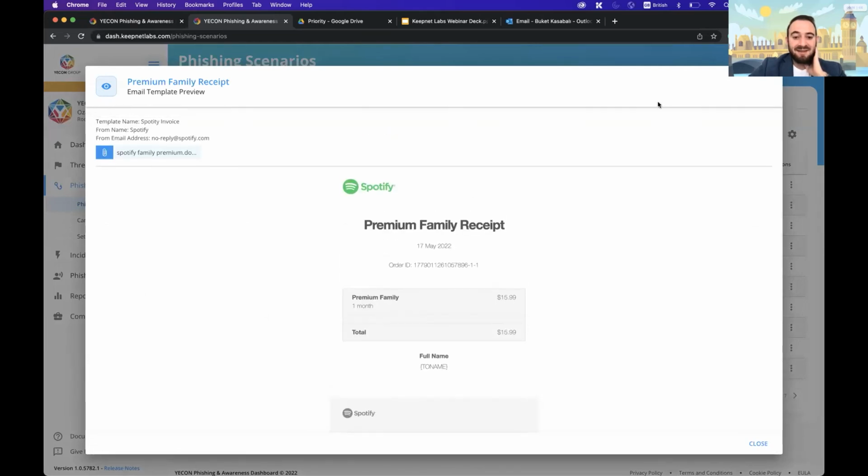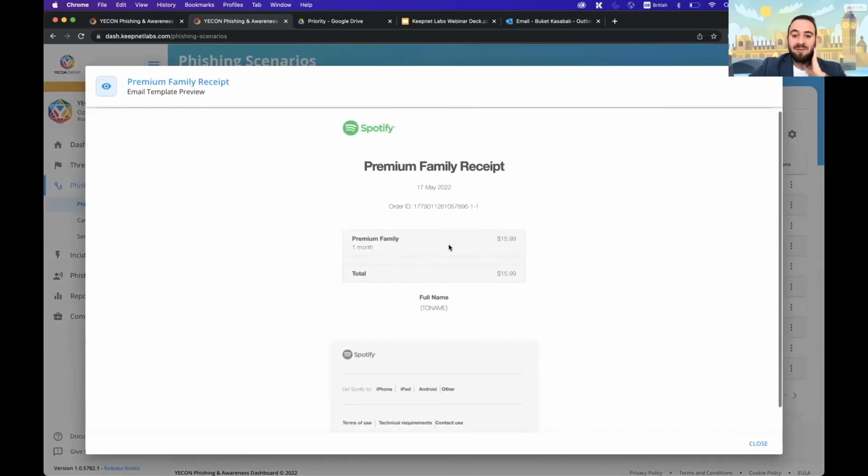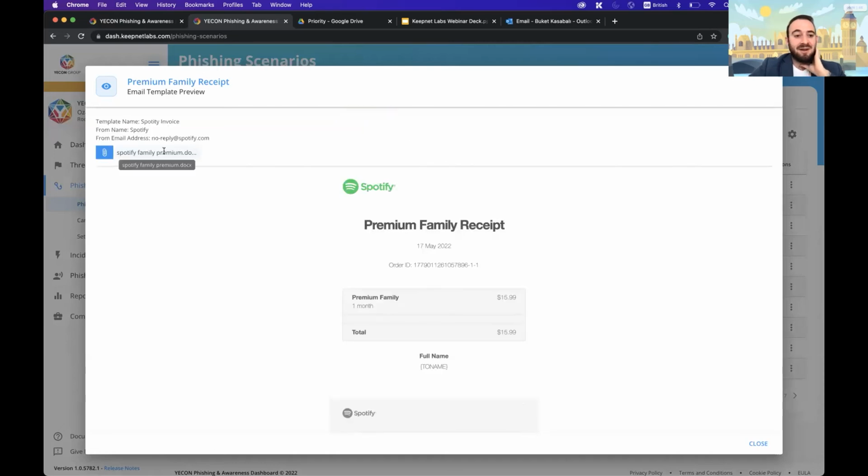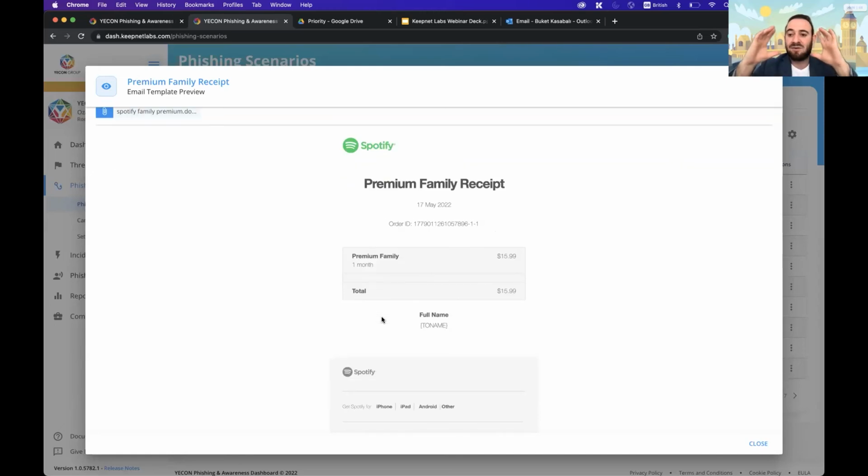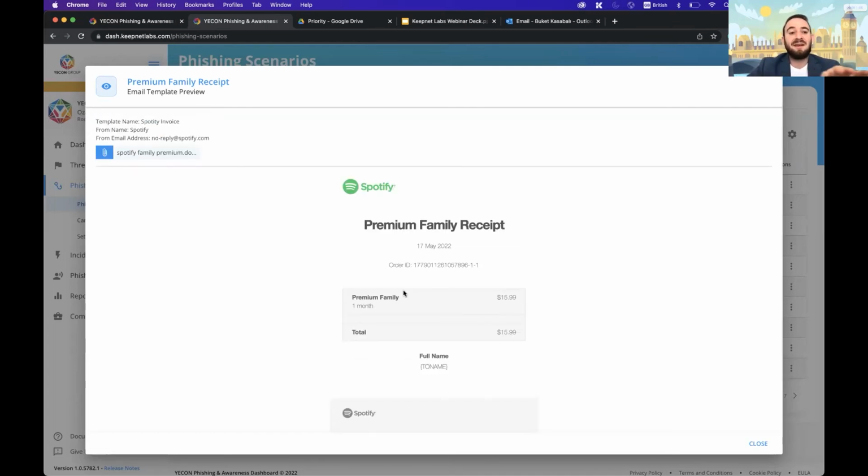this fake email to your employee saying, hey guys, here's your Spotify premium membership or invoice attached. If they go and open this attachment, then you see this activity on the Keepnet Labs dashboard. Plus, immediately open a training on the user's browser to teach them how to spot this kind of phishing